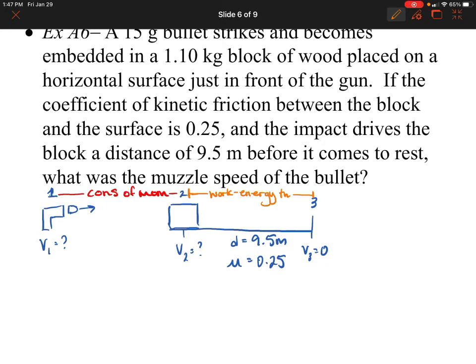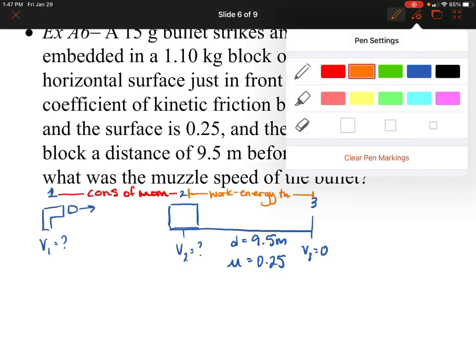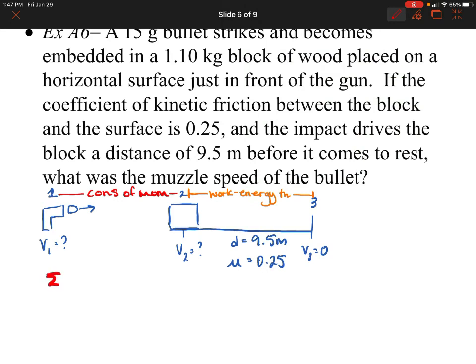So what I'm thinking, again, this is a really tough question and it's something that you really got to think about. Basically, if I want to use conservation of momentum between 1 and 2, I need all the momentums at position 1 or all the momentums at position 2. At position 1, I have a momentum of the bullet and the momentum of the wood block. And then afterwards, I have the two of them together. In order to find the momentum of the bullet before, I need its velocity, which is what I'm looking for in the end. Of course, the wood block before is going 0, so that's 0.